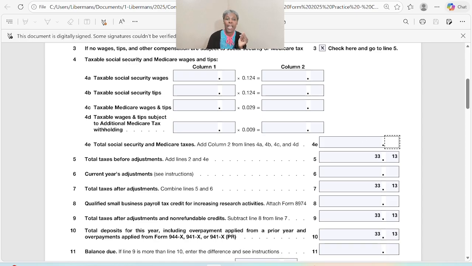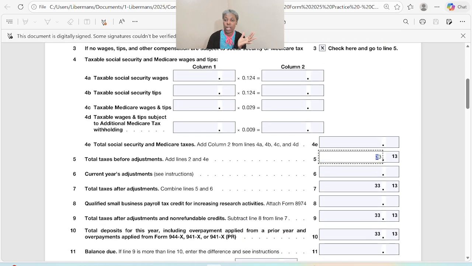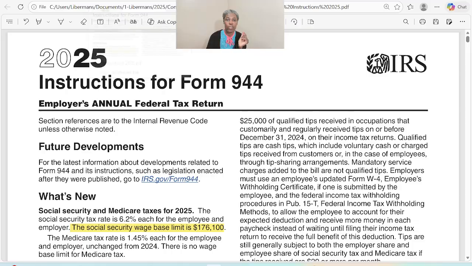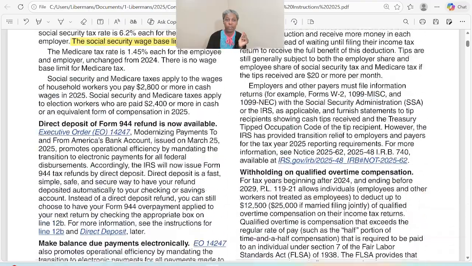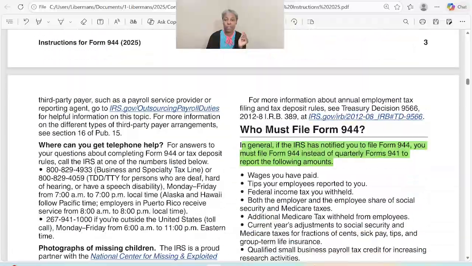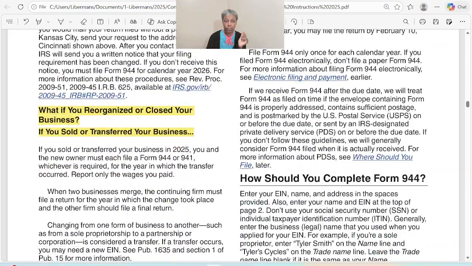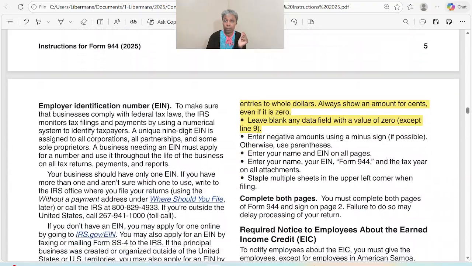And your line 5 is asking for total tax before adjustment, the total of line 2 and line 4e. So that means your line 5 is going to remain blank. And we will go to the instructions to see whether, if a line is blank or 0, we should leave it blank or put 0 there. Except line 9. So we'll go back